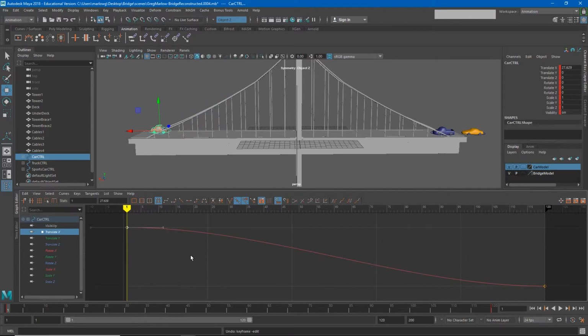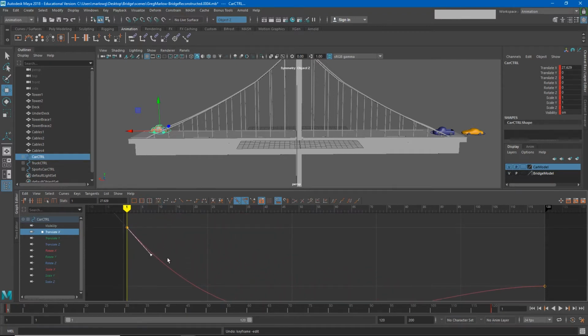I personally prefer the middle-click method because that means I don't have to be very precise about how I choose the keyframe. You'll also notice that this keyframe has two lines that extend out from each side of it. Inside of Maya, we call this a Bezier handle or a tangent. The tangent allows us to control the way this curve transitions in and out of each keyframe. So if I select the tangent and middle click, you'll see that I can change the way this curve